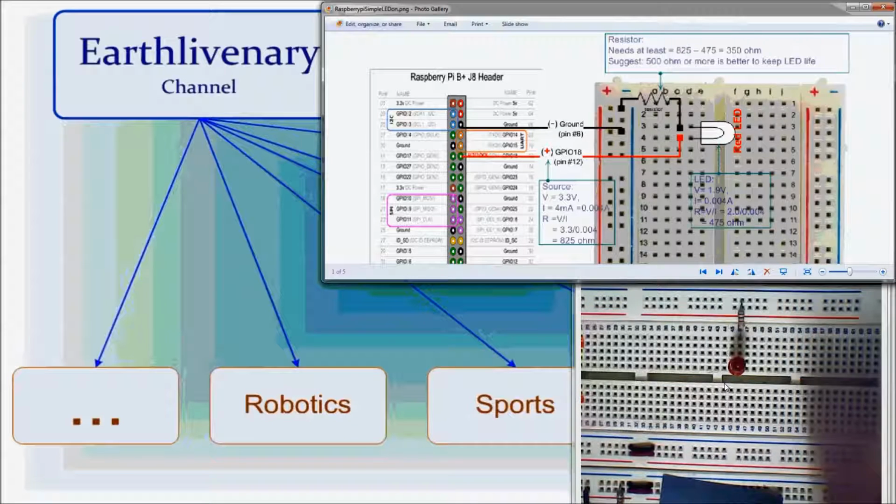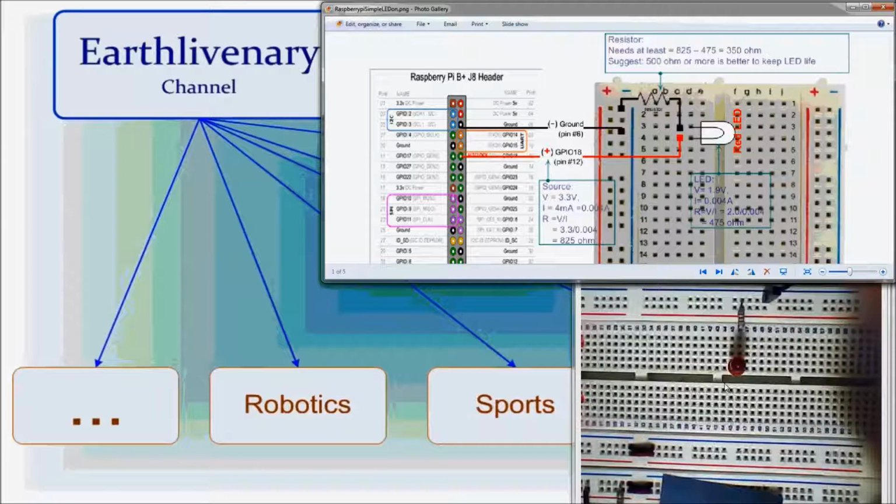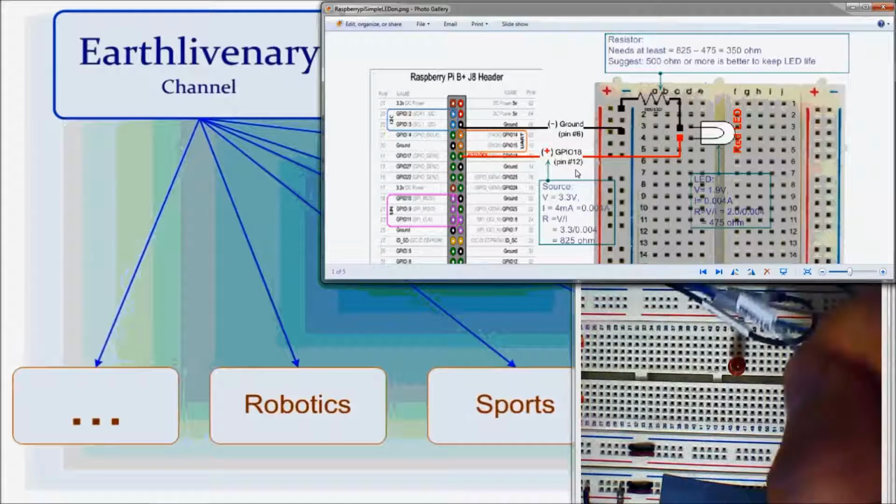Okay. Now I already have the ground over here. You see the ground, this one I already connected to my Raspberry Pi. You see my diagram. Pin number 6 is ground over here, and the next one, we have GPIO 18 at pin number 12. I already connected it to the circuit.